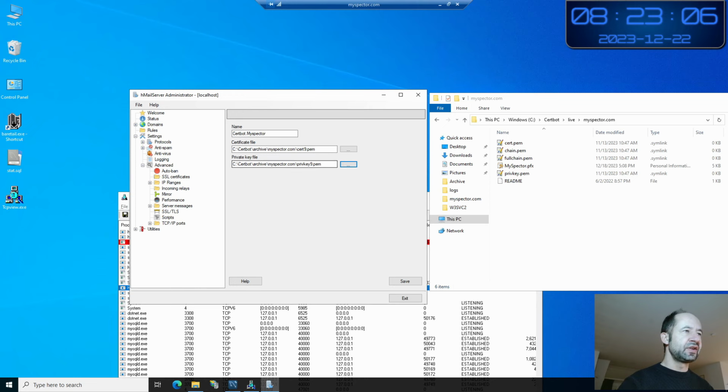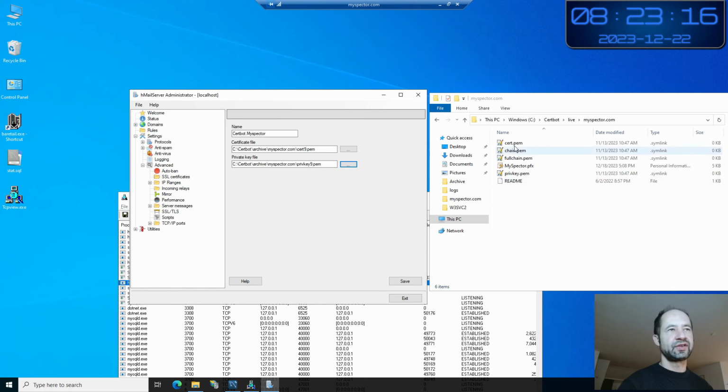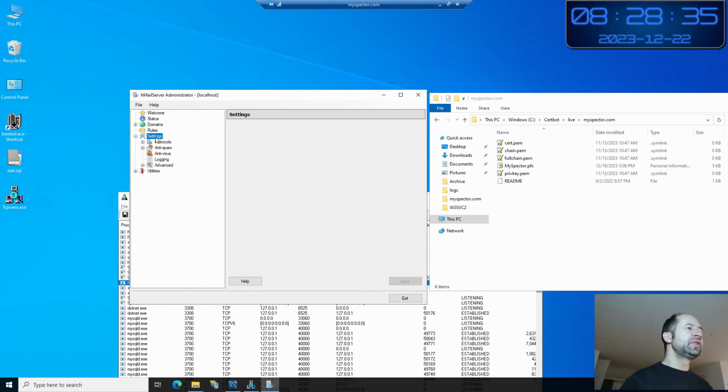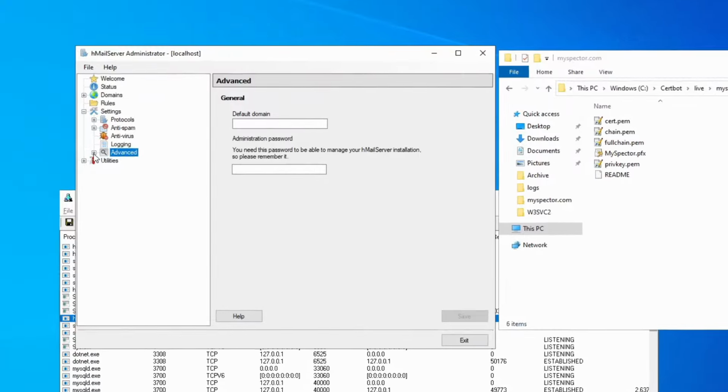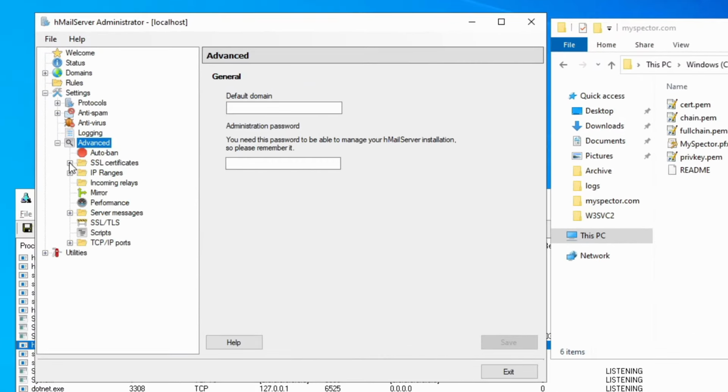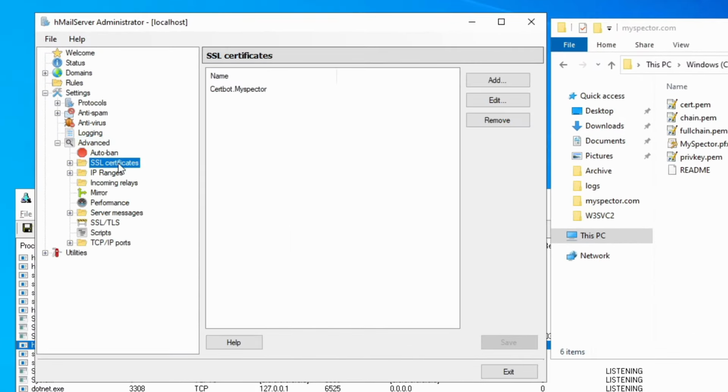And you see it is resolving the symbolic link, but maybe it's just for the display. Maybe it's correctly using the symbolic link, because in fact these files are symbolic links which redirect to the archive folder. So I'm saving it. And now the SSL certificate is installed. In the settings, then advanced, here you see that there is this SSL certificate that we have already added.